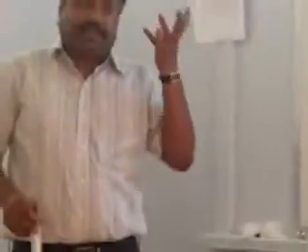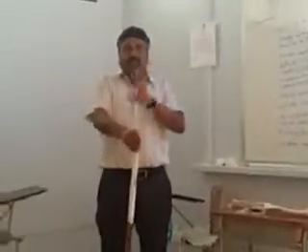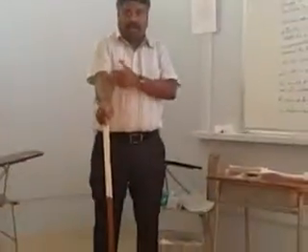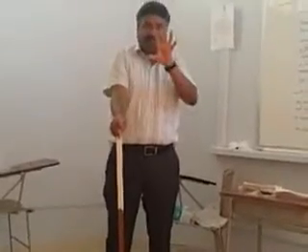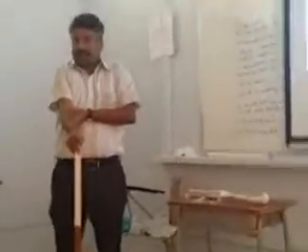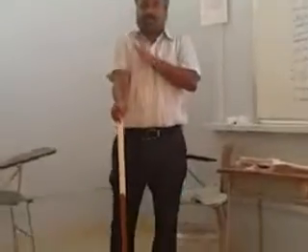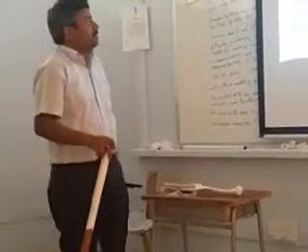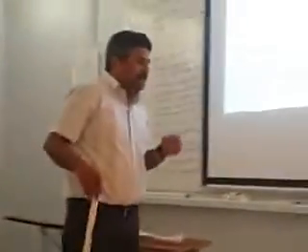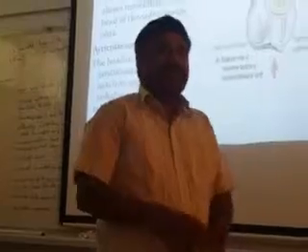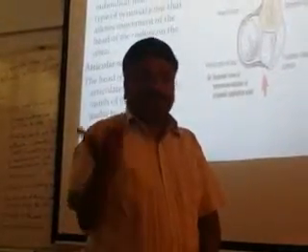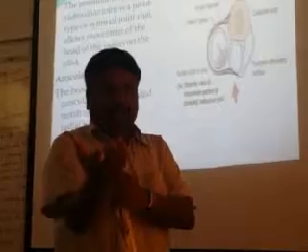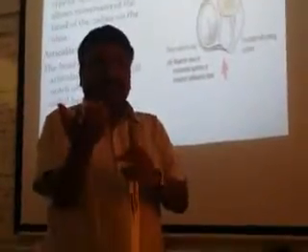And the capsule, as already explained in the elbow joint, is the same single joint capsule which covers the humero-radioulnar and the superior radioulnar joints. So it is within the capsule of the elbow joint. Same capsule covers the joint between the humerus and the radius and ulna, and even the radius and ulna. The movements are pronation and supination. In all three joints, superior, middle and inferior, it's the same movement, pronation and supination.